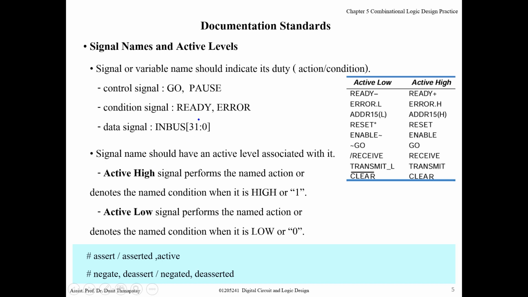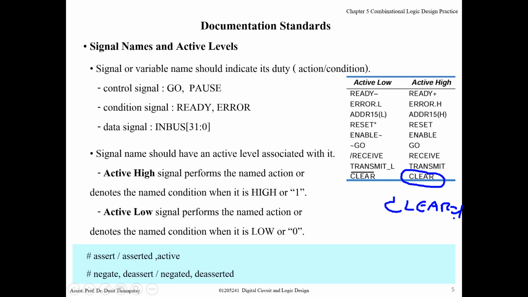For some control signals, and maybe also conditional or data signals, normally we have two kinds of active level. The first one is active high. For example, this one, clear. If we want to clear data, and the clear signal is 1, then the circuit clears all data.